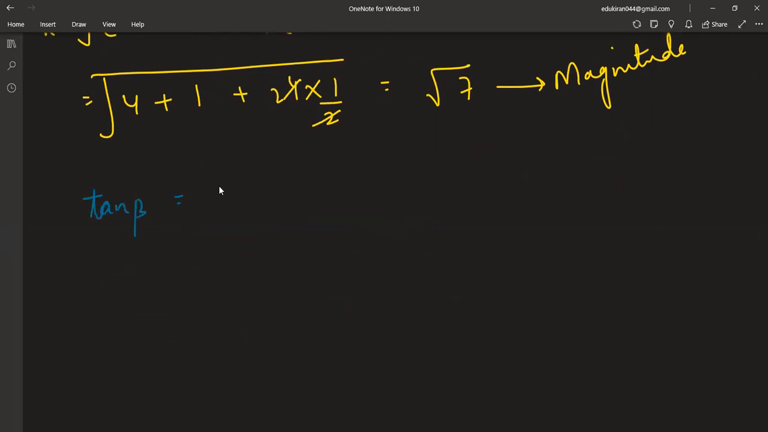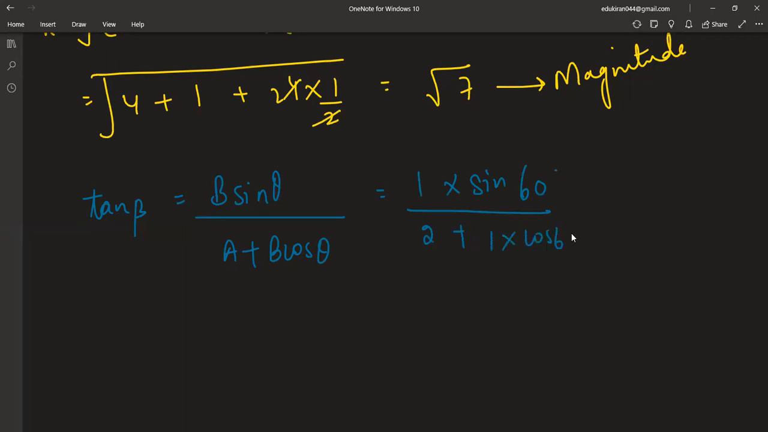Tan beta is equal to B sine theta divided by A plus B cos theta. What is B? B is 1. Sine theta is sine 60 degrees. A is 2, plus B is again 1, into cos 60 degrees. So tan beta is equal to root 3